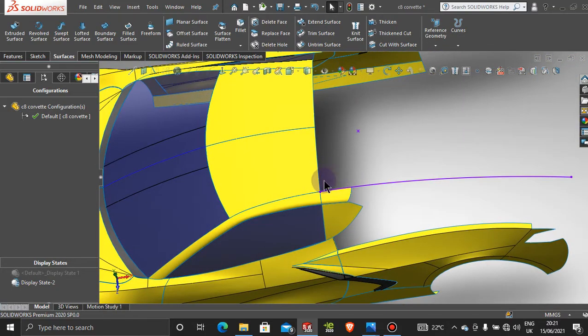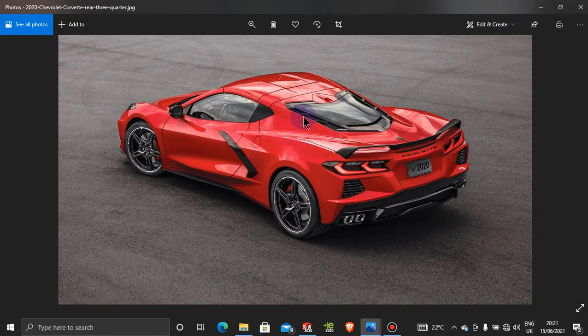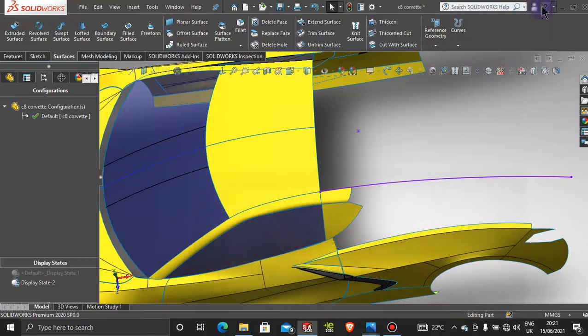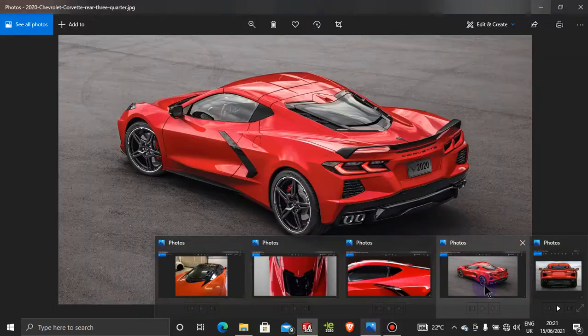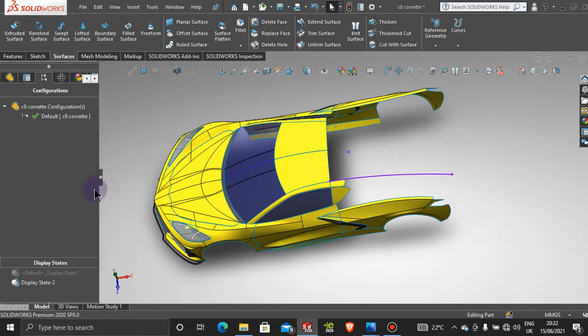Okay, so now let's create this section here for this small area. Let's jump into a picture here. So we need to create this section here. It's coming from, and that roof is coming from that corner there. So we might actually just trim this area here. So let's just jump to the top,